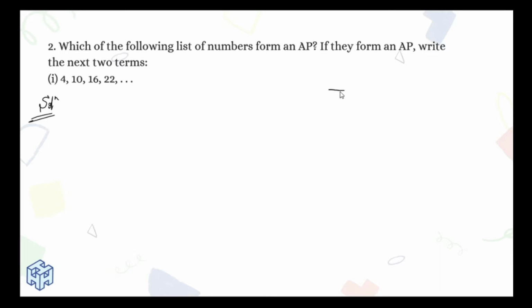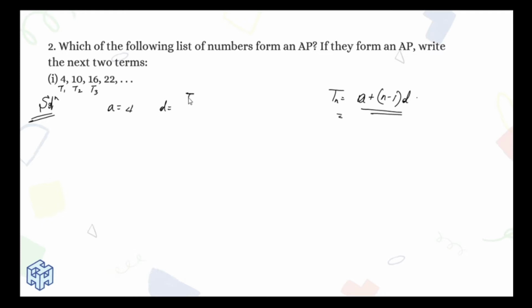As per our Tn or an formula, we can simply write our nth term a plus (n minus 1) into d, but I think this is not required in this question because they are just asking us to check if it is an AP and find the next two terms. So this formula is anyways not required for this simple question. Our first term here will be a, which is nothing but 4, and now we need to find the common difference, right? So this is our term 1, term 2 and term 3.